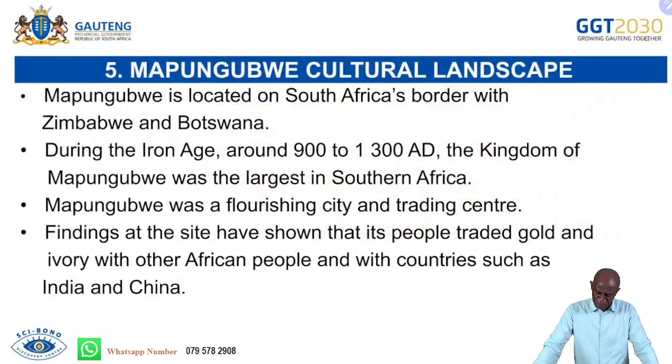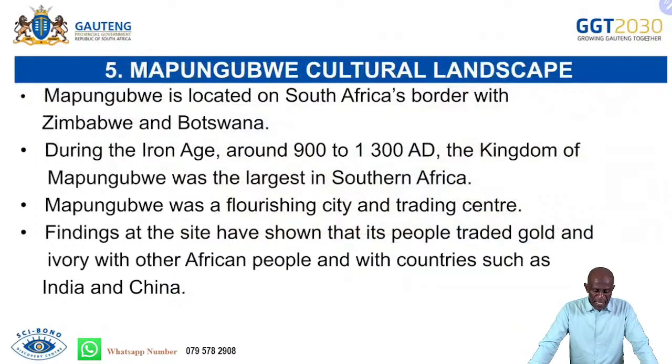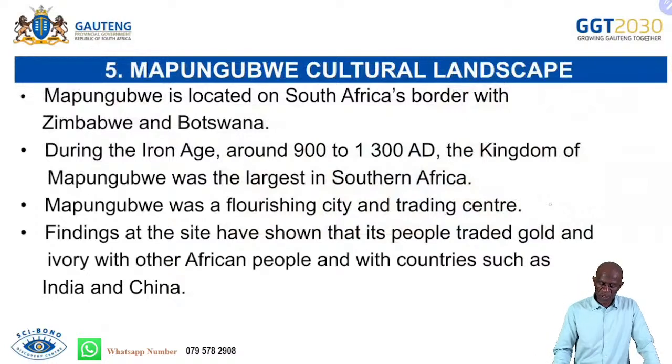Things like selling goods or bartering, exchange of goods, that was taking place during this period in time. Findings at the site have shown that its people traded gold and ivory with other African people and with countries such as India and China. So it was a trade center, it was a trade station